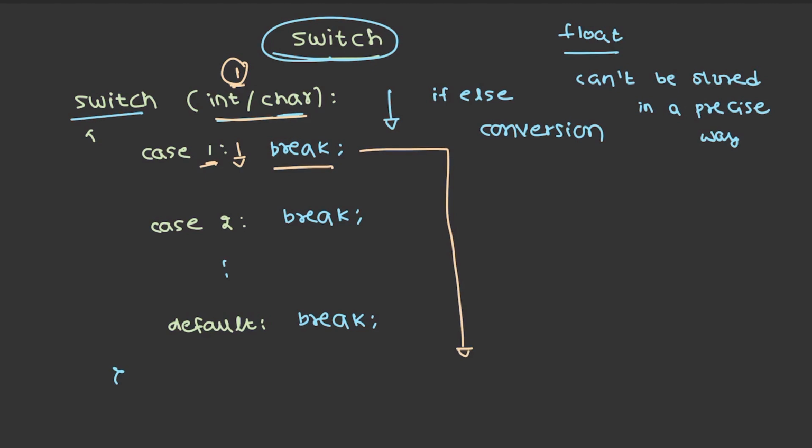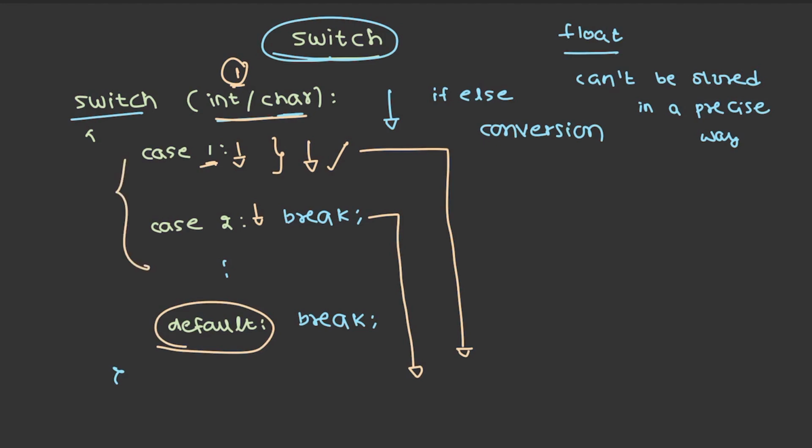If we don't encounter break, or if we have forgotten to write break over here, then whatever is present in this case will be executed, followed by case 2, and only when the break is encountered will it try to come out of the switch. Similarly, default becomes true when none of the cases match, or if you have forgotten the break statement in all the above cases, then it will also come to the default, and whatever is present in the default